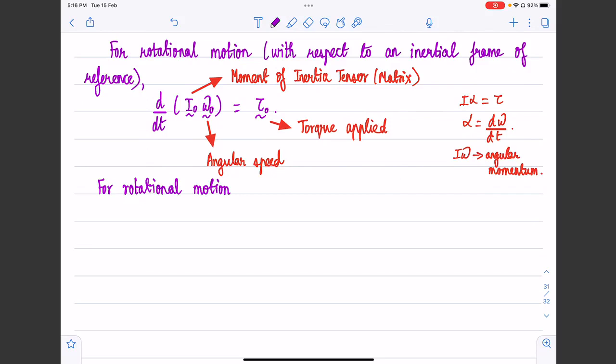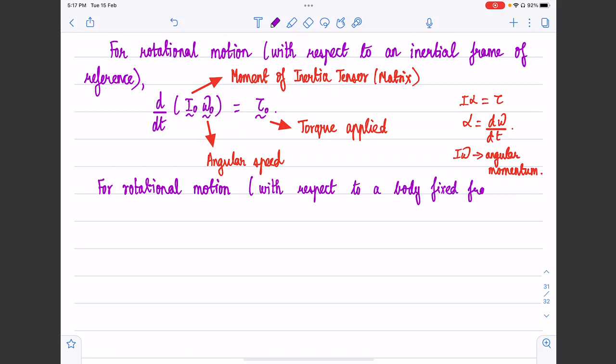We are going to have a frame of reference fixed to the vehicle's center of mass, and we are going to consider the yaw motion by writing the equation with respect to that frame of reference. Then it becomes a body fixed frame of reference, so that's a non-inertial frame of reference. So when we want to write down the governing equation for rotational motion with respect to a non-inertial frame of reference, such as a body fixed frame of reference,